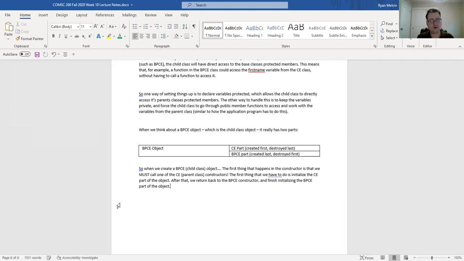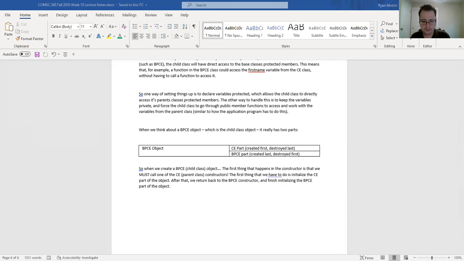And that's going back to why we said that it was so critical that in terms of the child class constructor, the very first thing that you're doing is calling the base class constructor, because that's the very first thing that always has to happen here. And now, in terms of the actual syntax